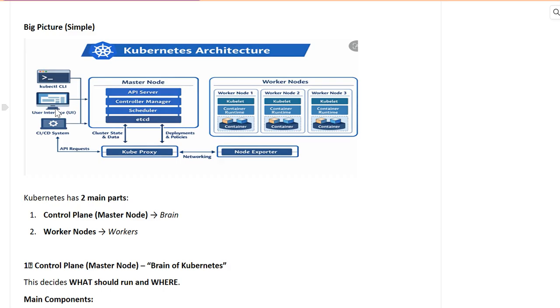I hope you are understanding. If you understand the Kubernetes architecture, how the master node and worker node communicate and really work,